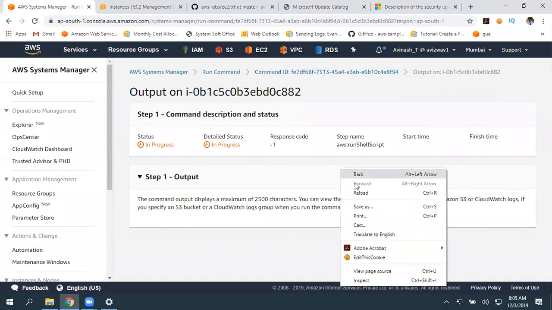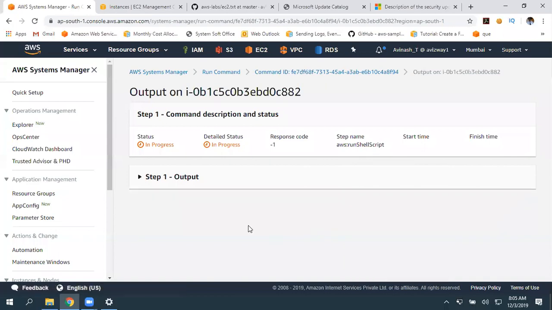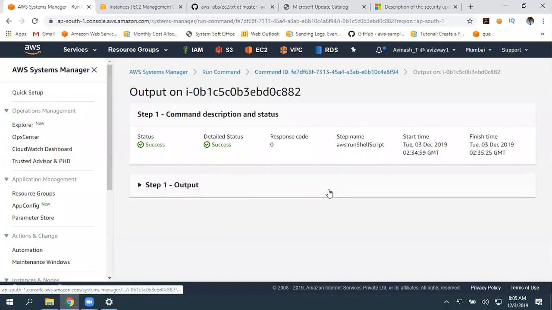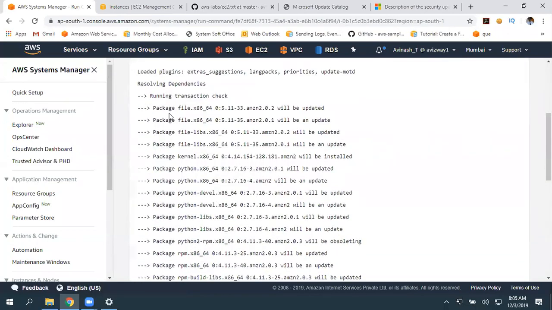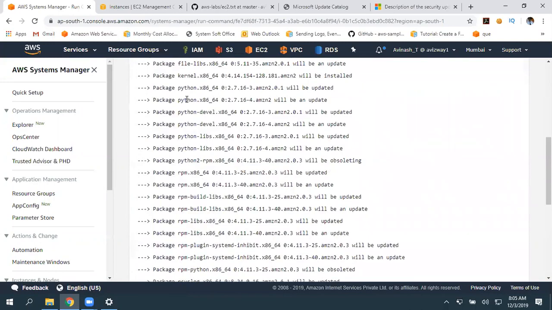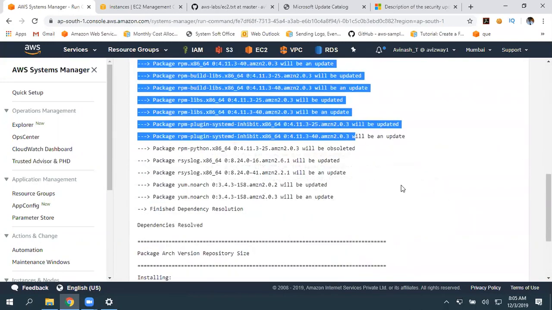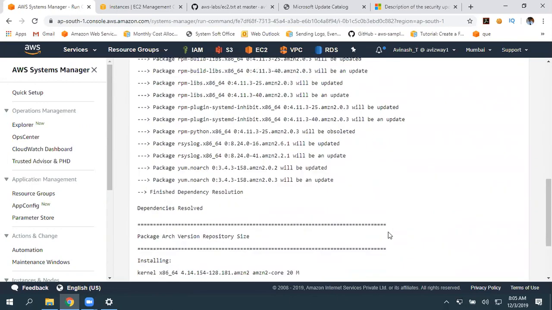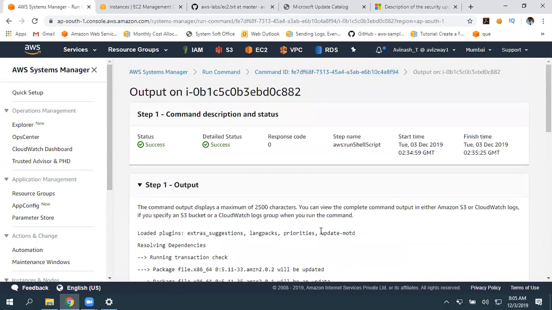There you can go and verify. See, this is success. If you observe the output, it executed that command, and when you run that, it looks for the dependencies and gets the same output. What output you got in the console, the same you will get here.